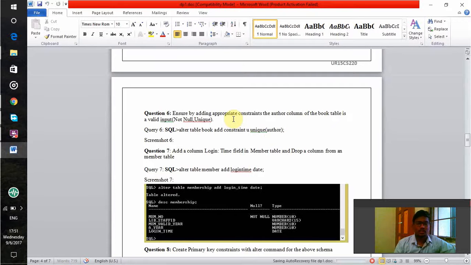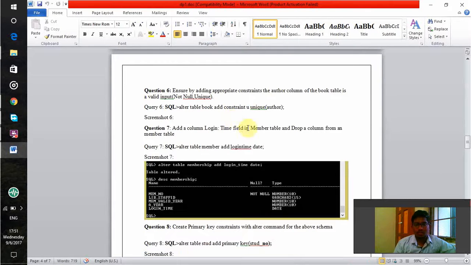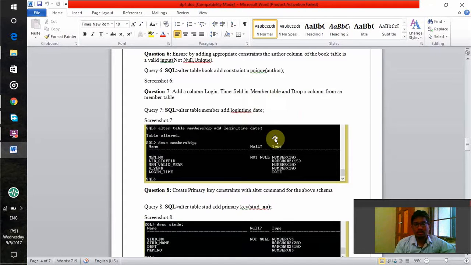see the output will come there. So add a column login time field in member table and drop a column from the member table. So here alter table member add login time date. So now in the membership table I have added the login time as a column there. So login time has come here and its type is date,